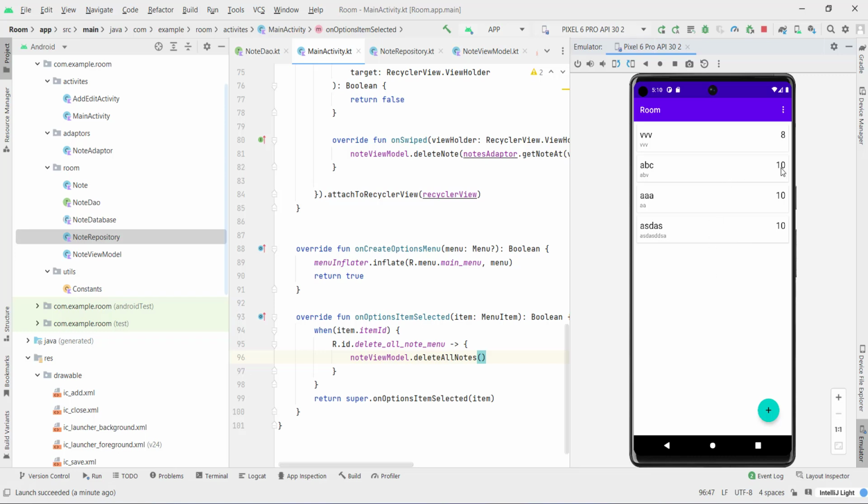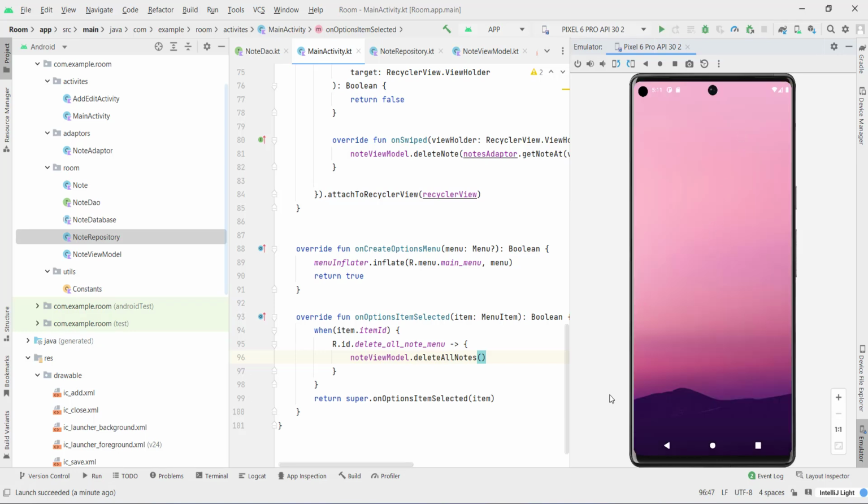Right, so you can delete them by swiping, as you can see, and you don't have this beautiful animation now, because we're using notifyDataSetChanged, and that is going to tell the recycler view to redraw the whole layout. So this is why you don't get nice animations, but we will get to that in the next videos. Now I can click here and click on this delete all nodes,